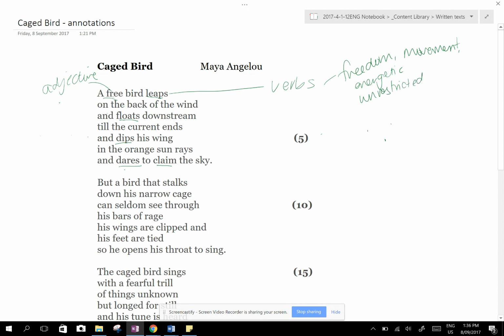So floats, dips, going along with that free movement, positively connotated. Whereas if we come to the caged bird, we will find the same language feature having different connotations with it. The next verbs that I want to look at are these, dares to claim the sky. So dares and claims, the wider sentence is obviously a metaphor because you cannot literally claim the sky. But the associations with this are ones of ownership,